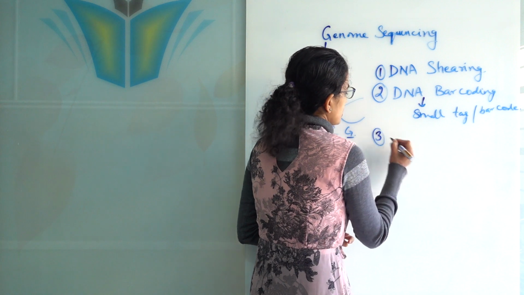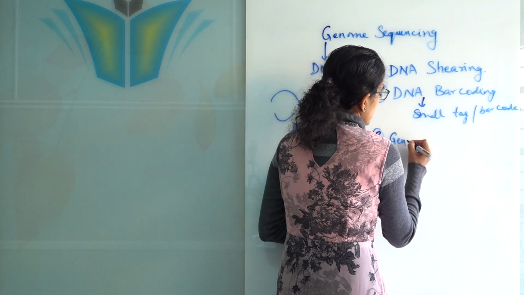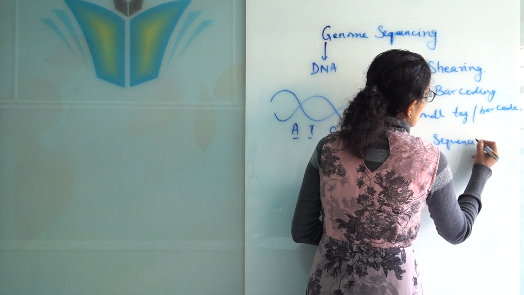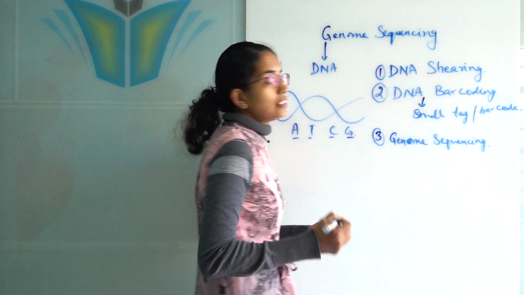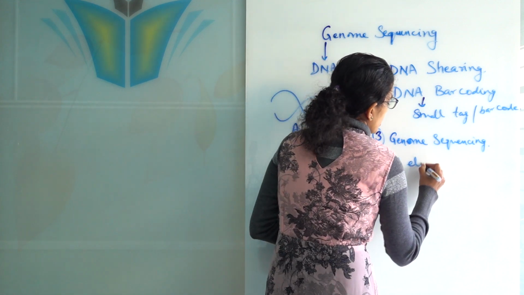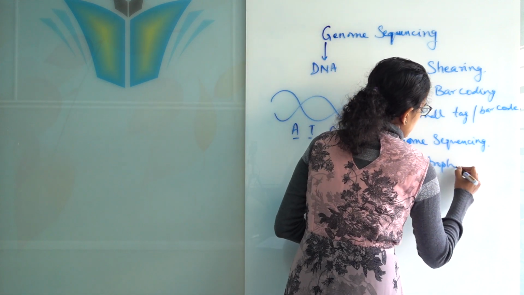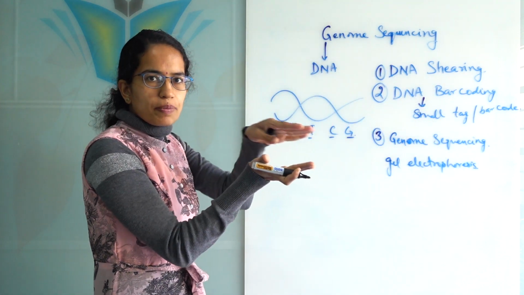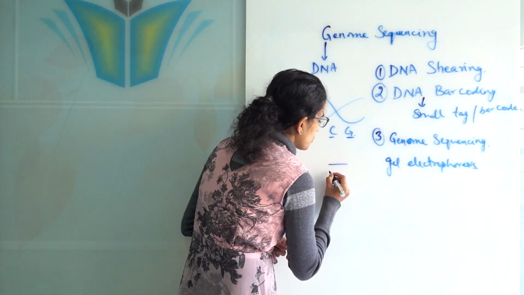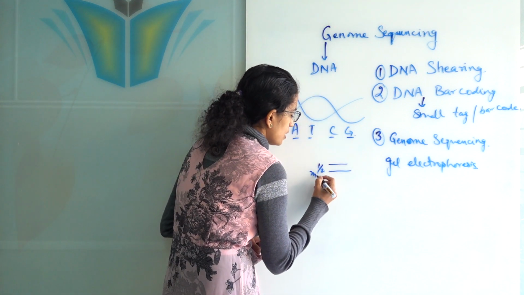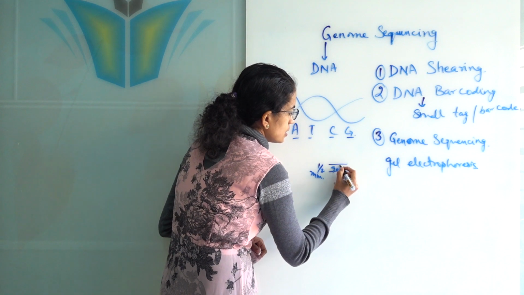The third stage is the stage where we say genome sequencing occurs. Now this occurs through sequencers, and gel electrophoresis is the common method which is used. How gel electrophoresis takes place is very interesting. So two glass plates are taken, and these two glass plates are not very far apart, just half a millimeter apart, and between them is the gel.